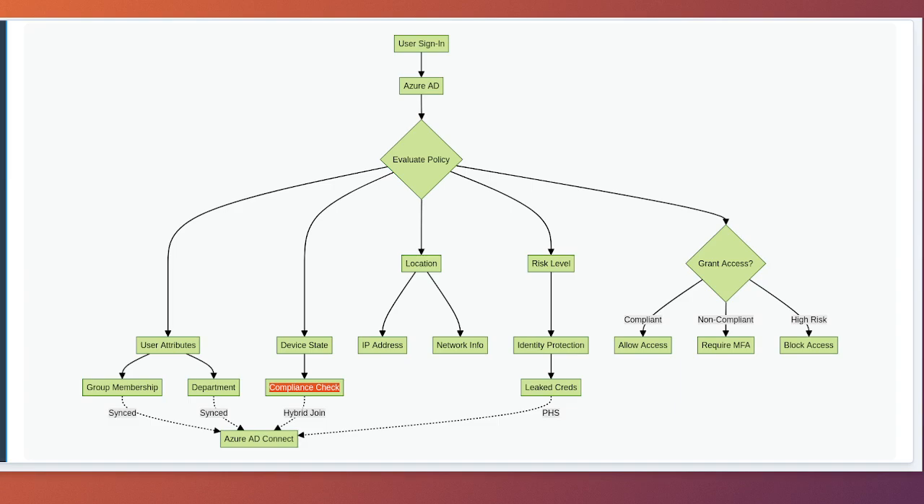Location-based policies use IP address and network location information to adjust access requirements based on where authentication requests originate. While location detection is primarily a cloud-based capability, Azure AD Connect synchronization ensures that user accounts have the correct attributes for evaluating location-based rules. For example,